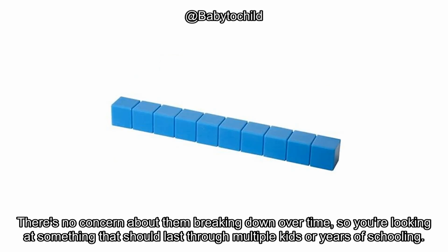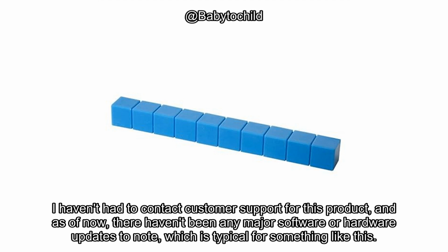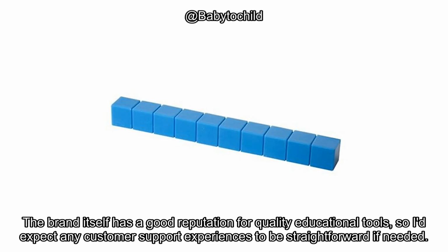There's no concern about them breaking down over time, so you're looking at something that should last through multiple kids or years of schooling. If you're buying them for an older child, though, you might not get as much longevity out of them since their educational value might peak sooner. I haven't had to contact customer support for this product, and as of now, there haven't been any major software or hardware updates to note, which is typical for something like this. The brand itself has a good reputation for quality educational tools, so I'd expect any customer support experiences to be